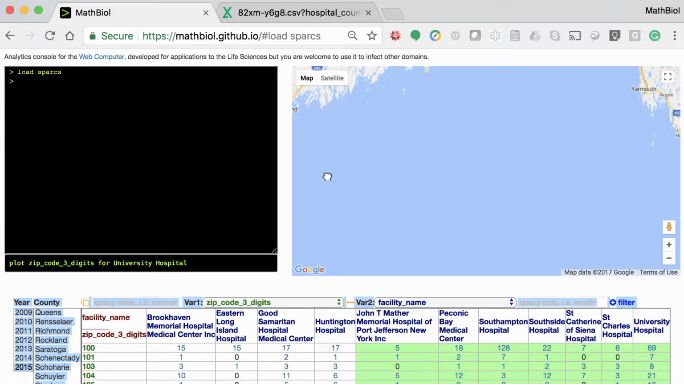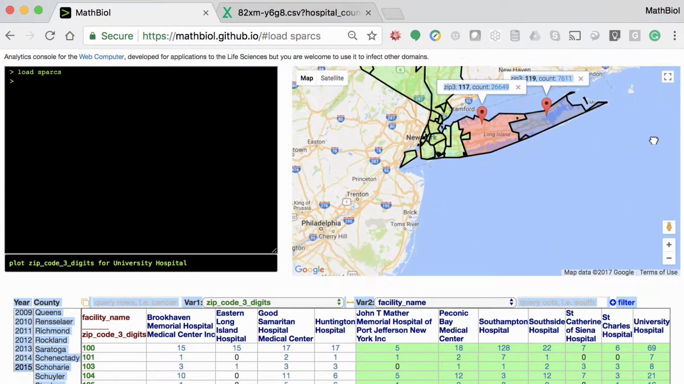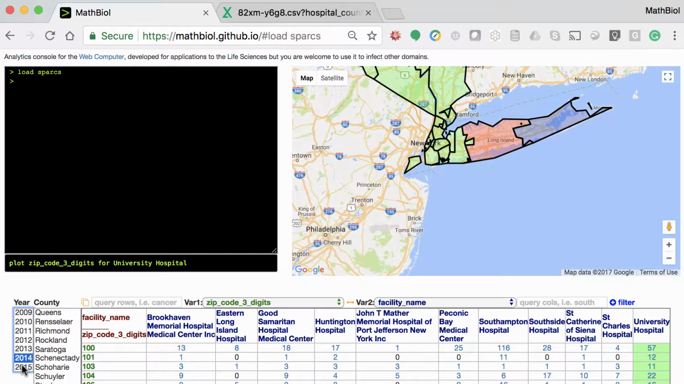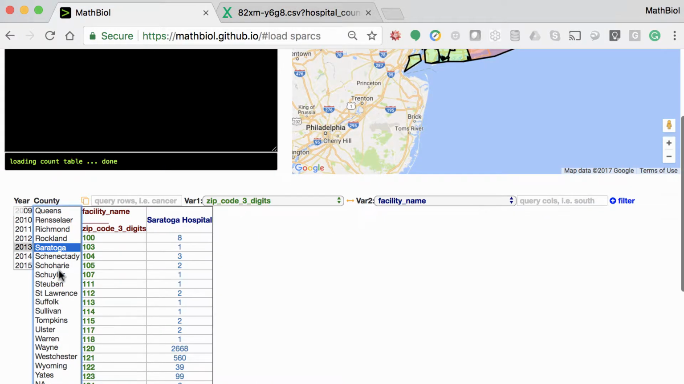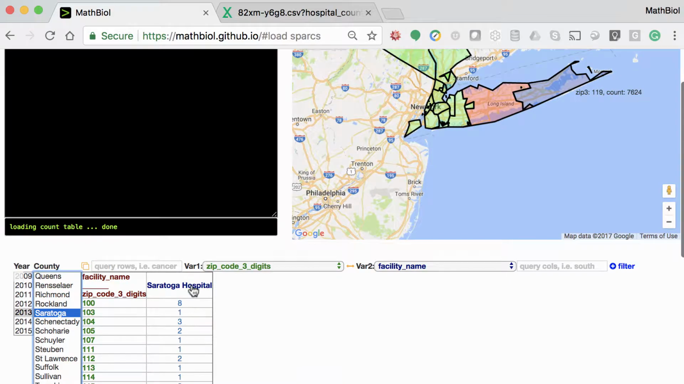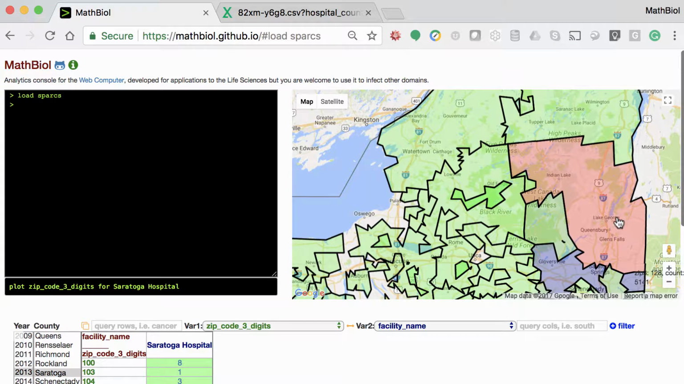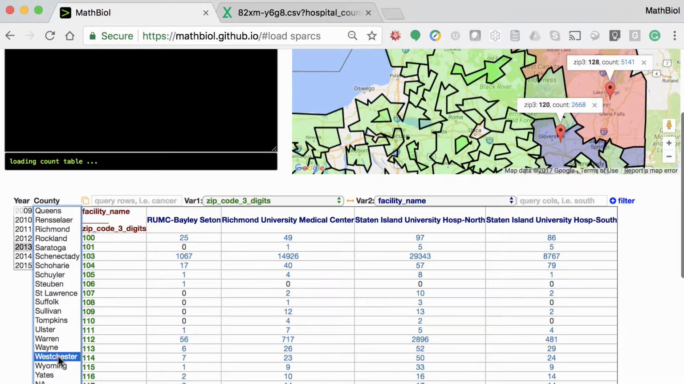So just as before, if you move between fields, let's say other years, you get the changes both numerically and graphically. If you go somewhere else, for instance Saratoga, let's click on Saratoga Hospital. Again, we find out this is where most of the patients come from. It's 5,141 and a few more from here. Zip code 120, 2668, and again, just as before, you can see what happens between hospitals, between zip codes, between